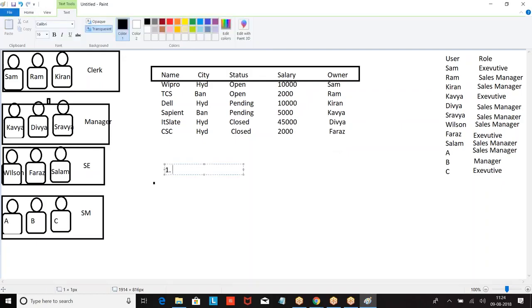Look at the overall requirement. Executives only see. Executives can see those records whose status is.